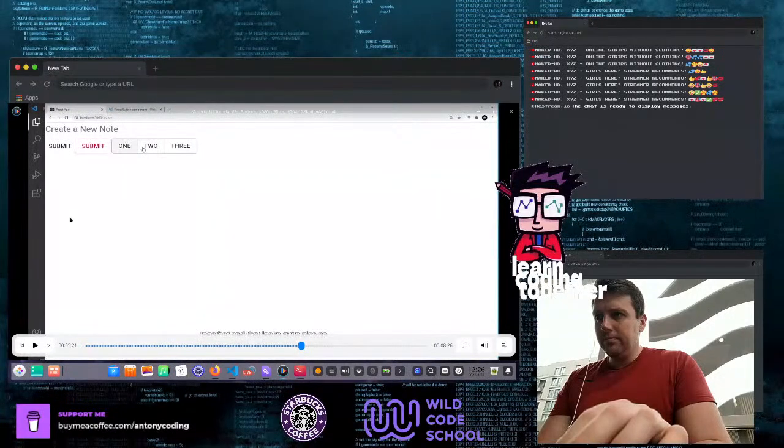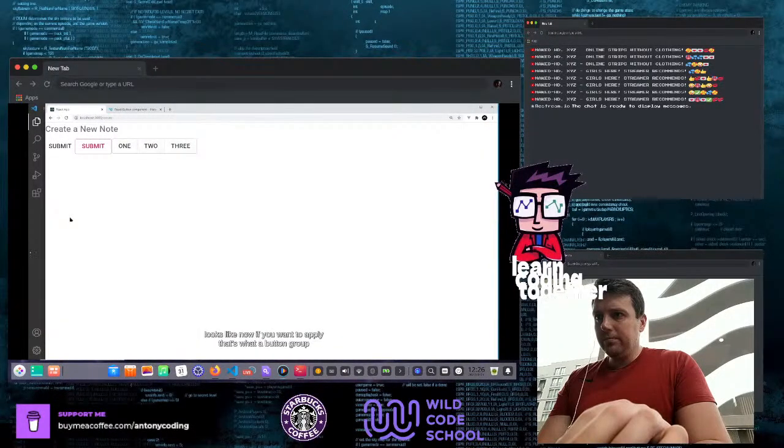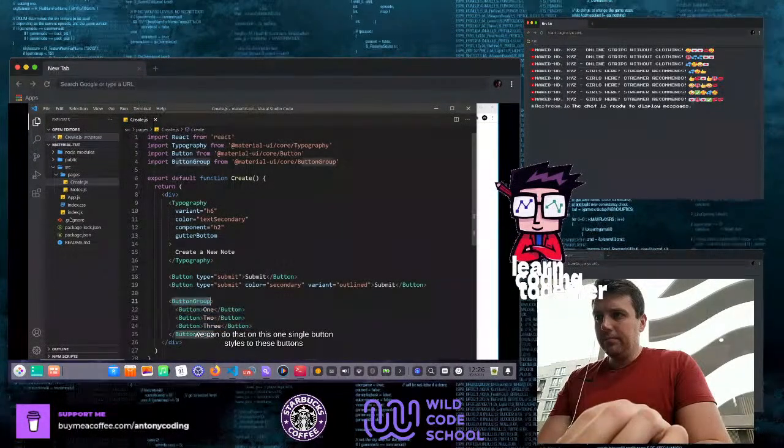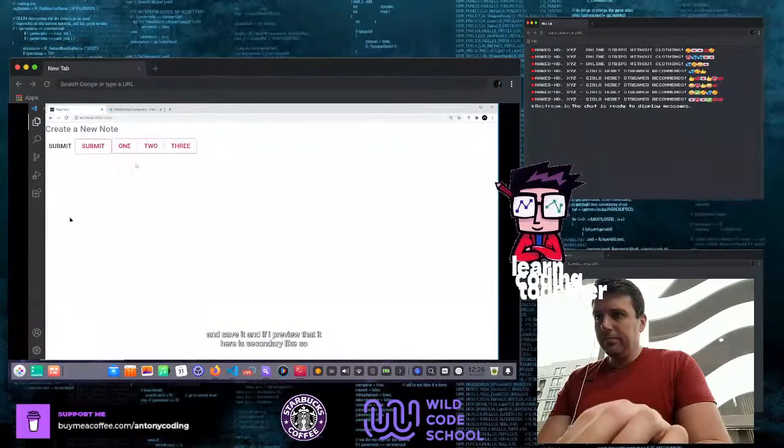Together, and that looks quite nice. So that's what a button group looks like. Now, if you want to apply styles to these buttons, we can do that on this one single button group component. So I could, for example, say color is secondary, like so, and save it. And if I preview that,